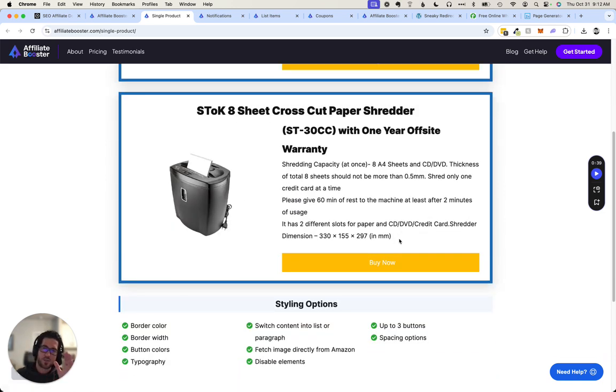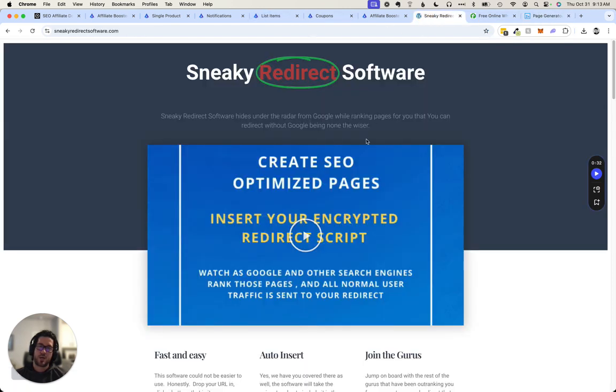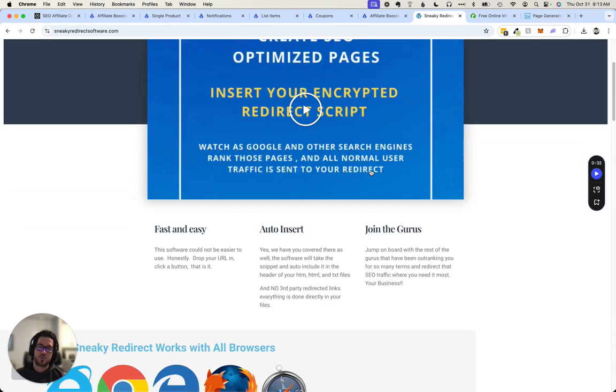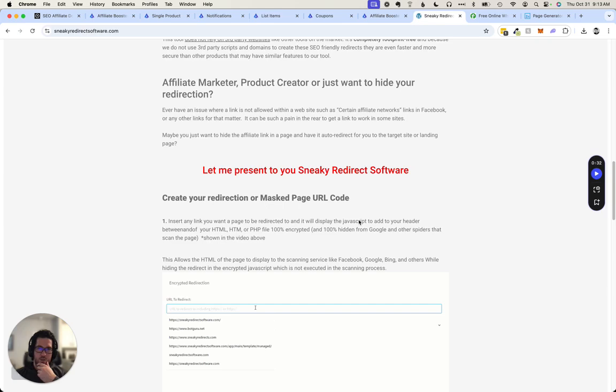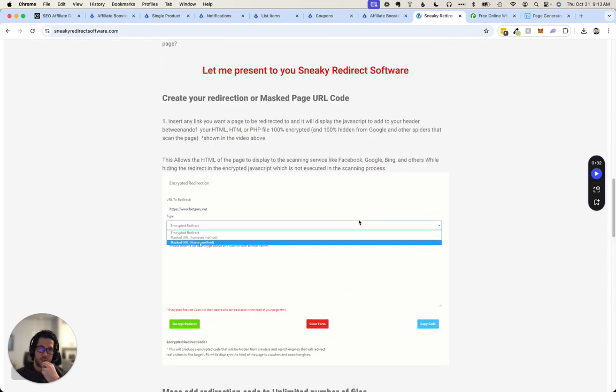You can layer all these tools together to make it very simple, and the only thing you're missing now would be a keyword list to go after whatever brand or product or service you want to create your site around to promote. Have your hosting, install WordPress, invest in Page Generator Pro to create the content, invest in Sneaky Redirect software. I think there may be a WordPress plugin you can download, but it's super affordable, and I like how you can just create a simple